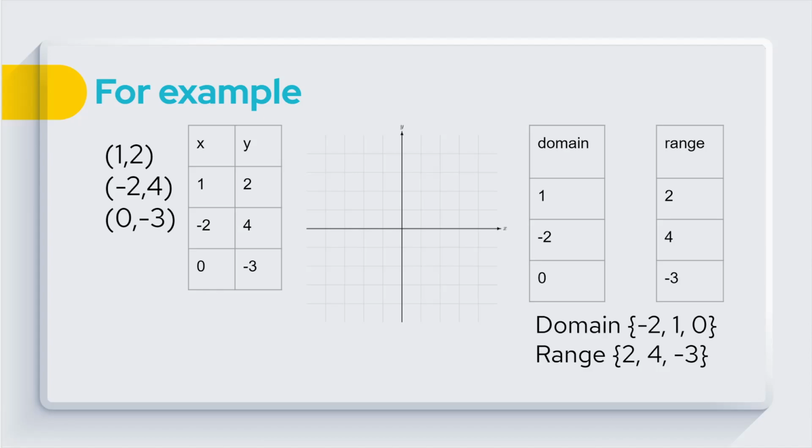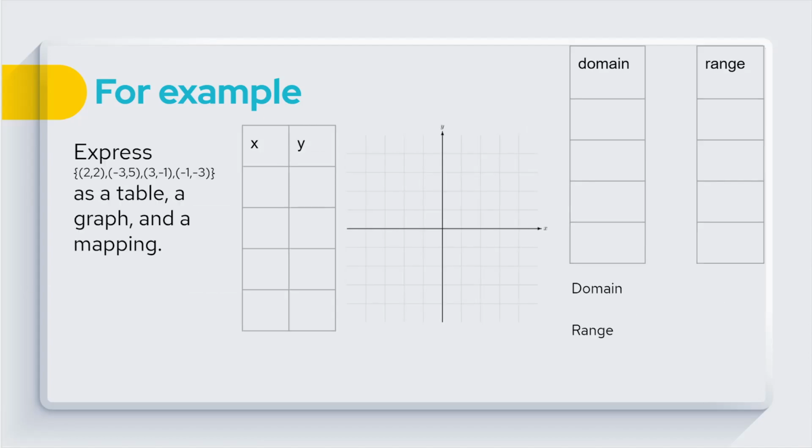Let's look at another example here. Let's say we wanted to express this set of points here as a table, a graph, and with mapping. So if we wanted to express it as a table, we would just put the x values here and the y values here, which would just mean we would take the x values and put them over here, and the y values and put them over here. If we wanted to express this as a graph,